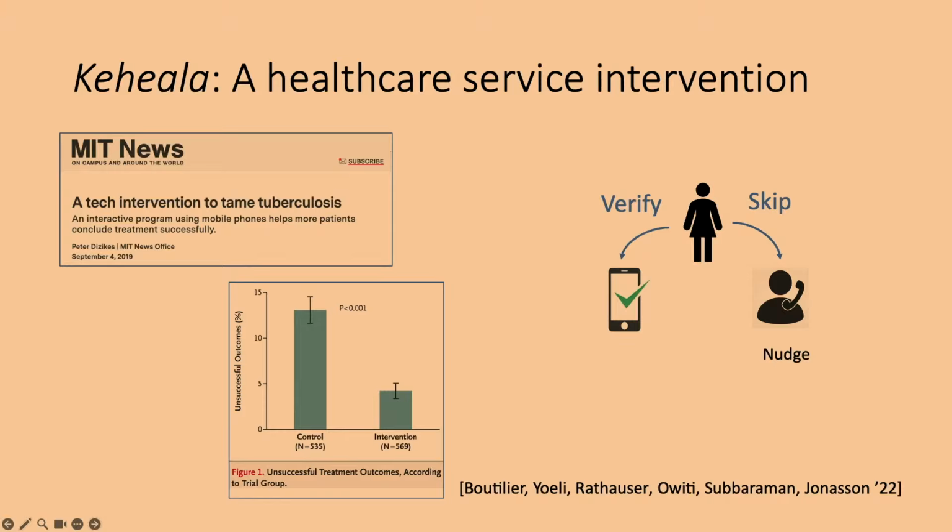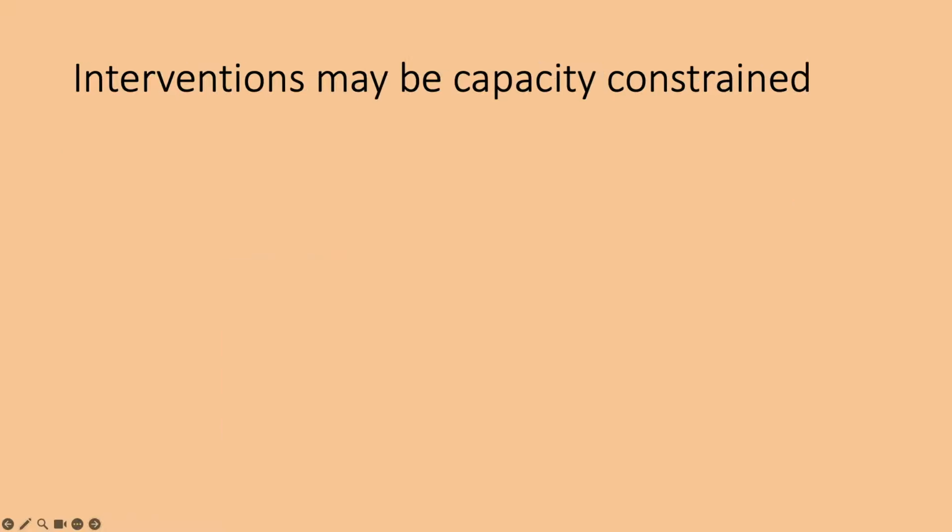Well, at this point, when I got involved in this work, I had actually been working on A/B tests with network effects and interference for a while. And we actually realized that there's something else that could be happening here that is very, very salient that people aren't talking about as much. And that is the fact that these interventions are capacity constrained, and actually that is leading to interference or spillover effects.